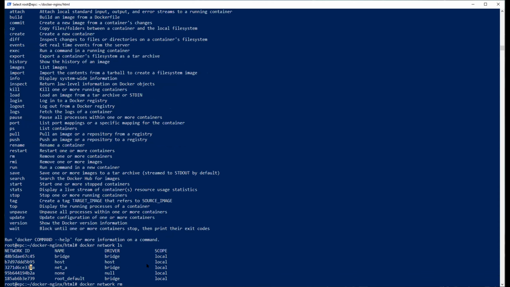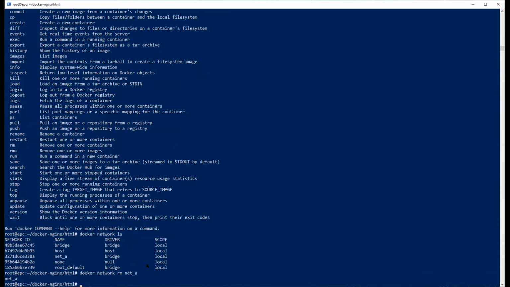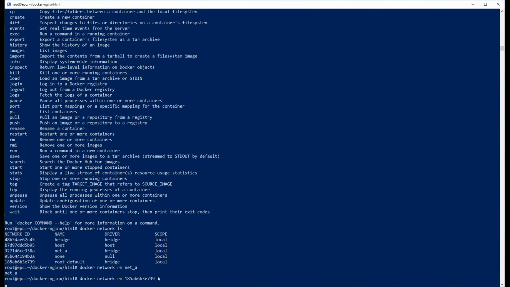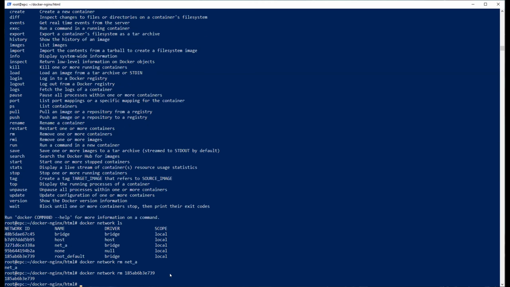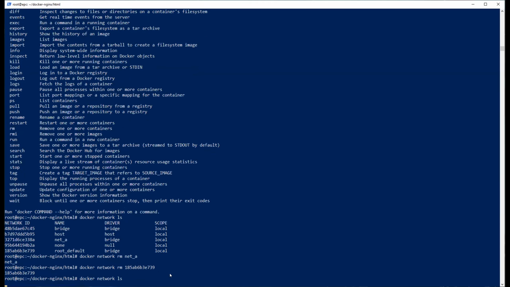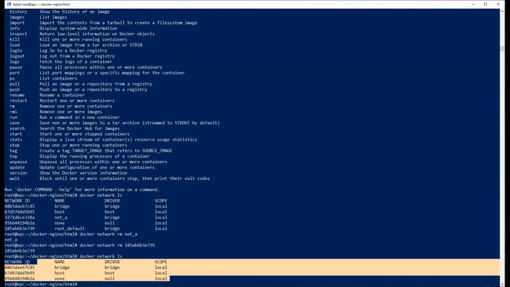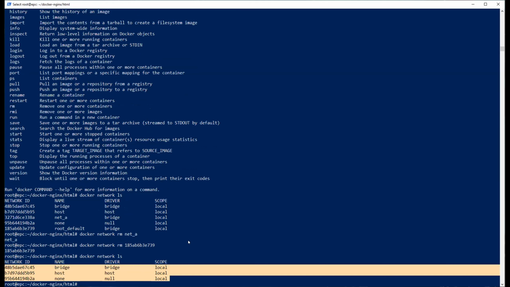So let's use name, net A. It removed the network net A, and you can also use the ID of the network. It will remove both networks. If I list the networks, they're gone. So these are the default networks that come with installation.